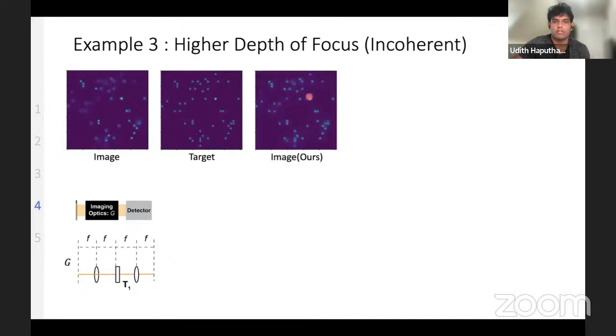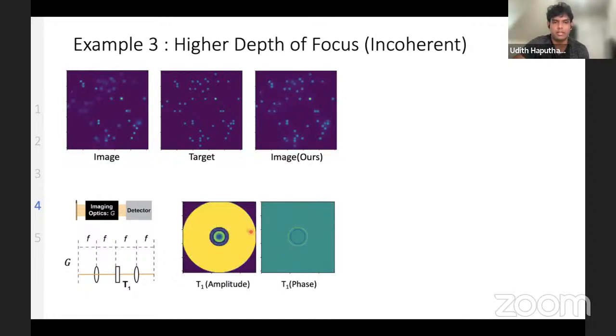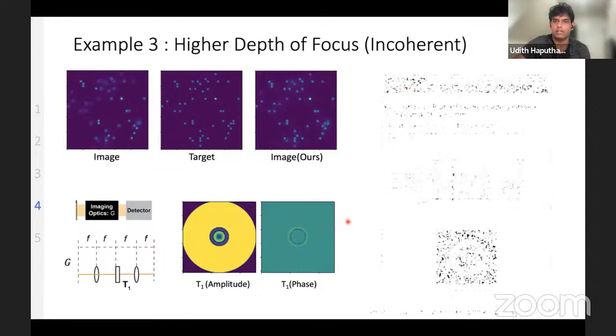So this is what we obtain, and it does a good job of getting the out of focus into focus. And we also observe that if we increase the number of filters, this gets better. And this is the filter we learned. This is the amplitude and this is the phase. And interestingly enough,